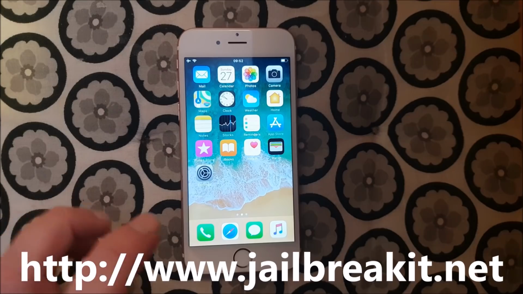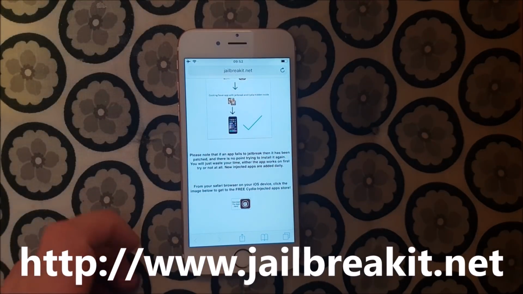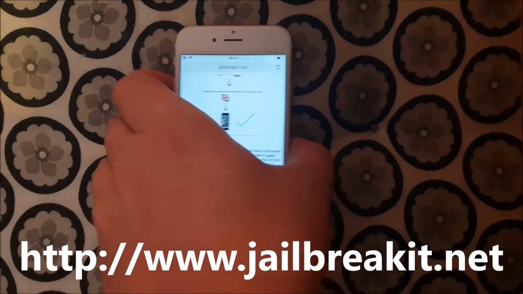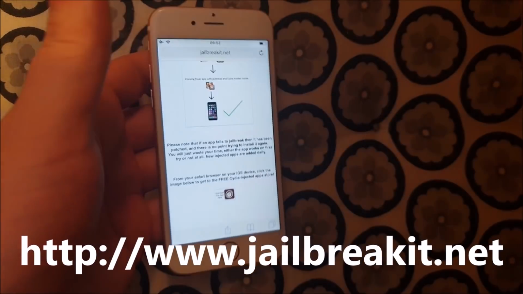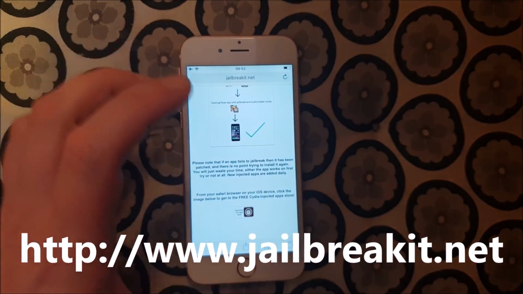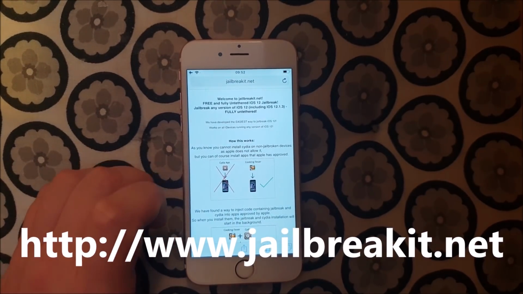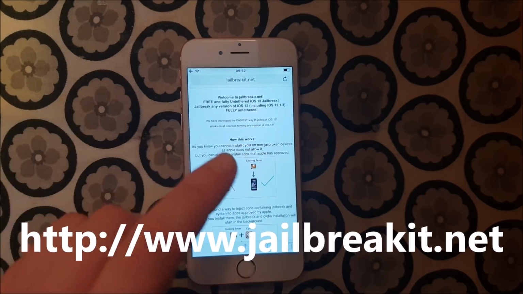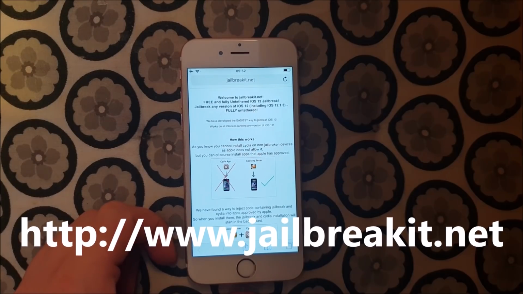So now we are going to start up our Safari browser on our iOS device. Get to this address, jailbreaki-it.net. And here they will tell you how this works, and they will tell you that you can't install Cydia directly on